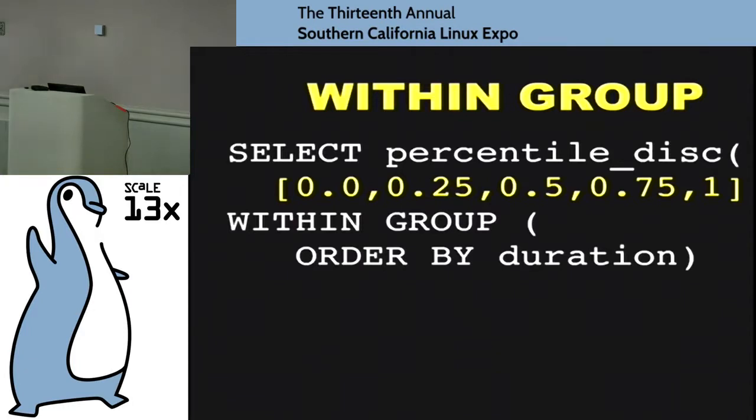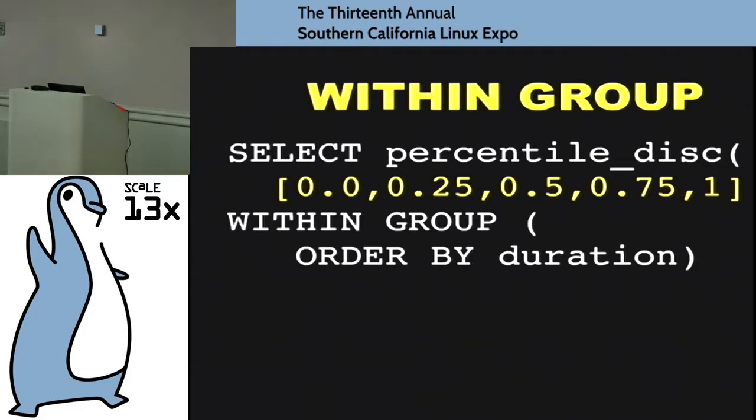The next thing that I am really excited about, as a big data statistical guy, is something called WITHIN GROUP. The idea of WITHIN GROUP is that it allows you to do what are known as sorted aggregates, that is, ways to sort aggregates that require your results to be ordered.